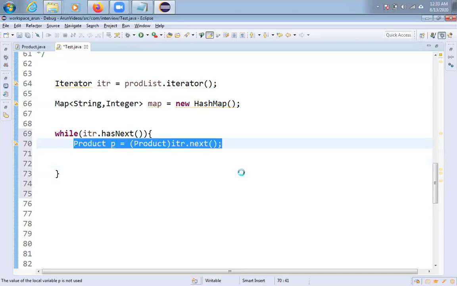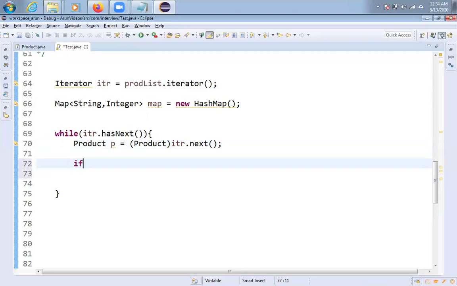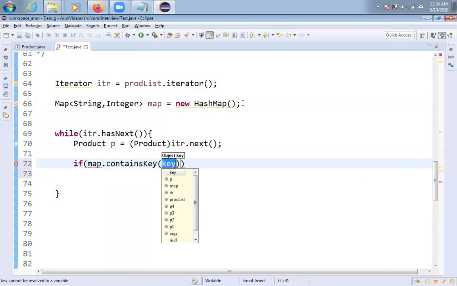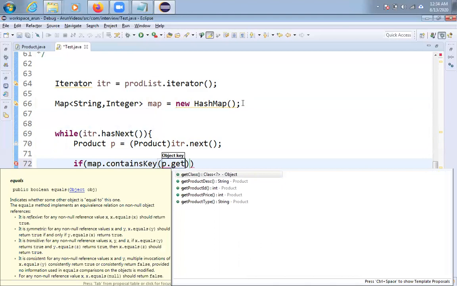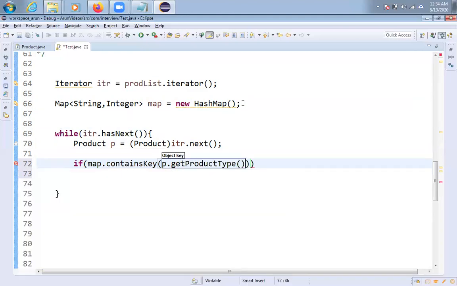Now what I am doing here, see, I am taking one if condition, friends. What I am checking, I have already taken one empty map, right? In this map, each and every time I am checking, what I am checking here, map.containsKey. What is the key I am checking here, friends? Key is a string, right? I am checking p.getProductType(), friends. If the product type is available in the map, then what I will do here, and else condition. So first time it is not available, and else means if it is not available. If it is not available the first time, so no problem, I am taking the put.